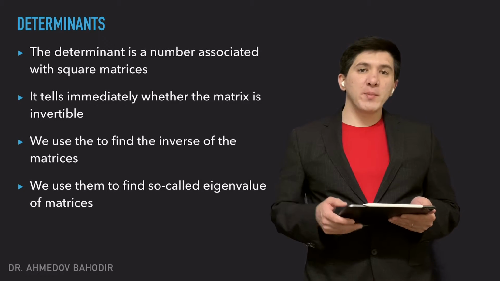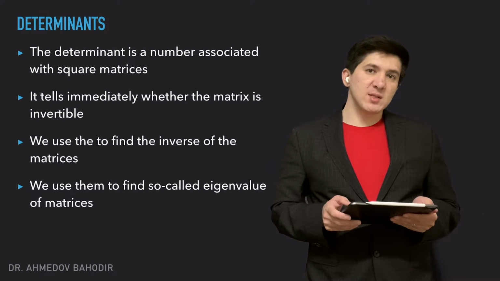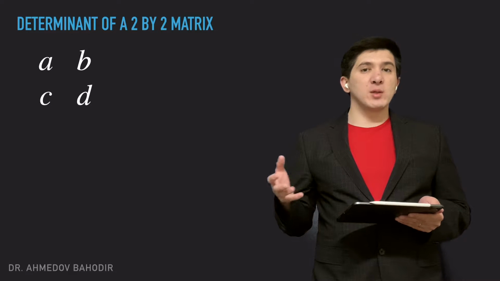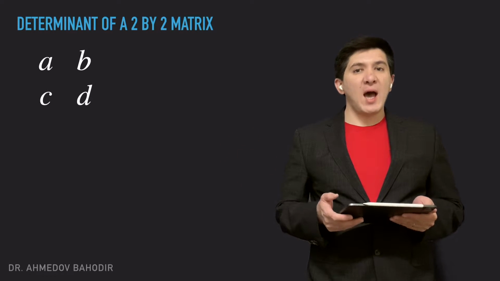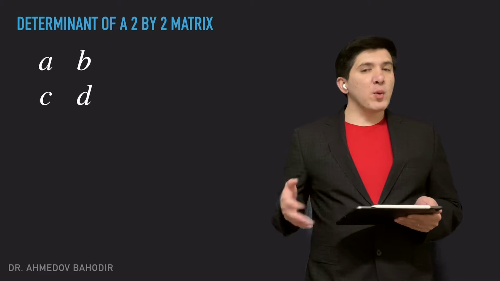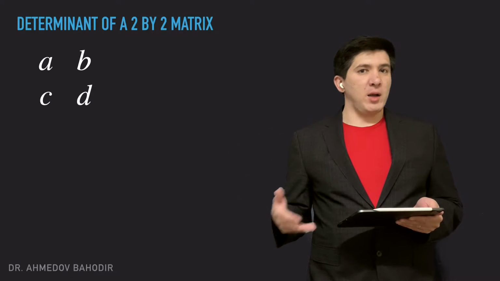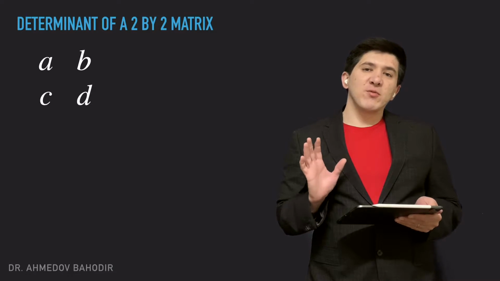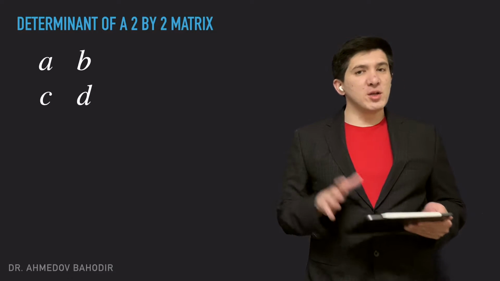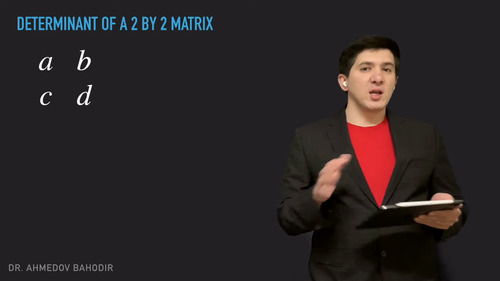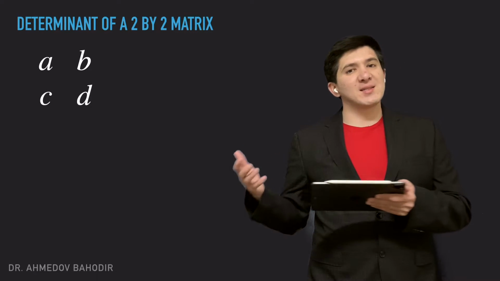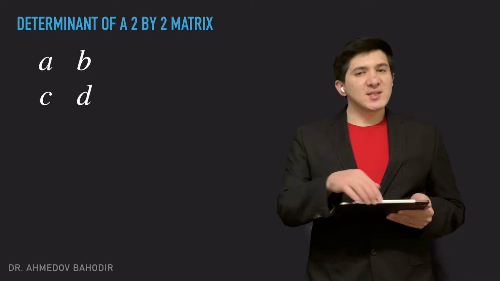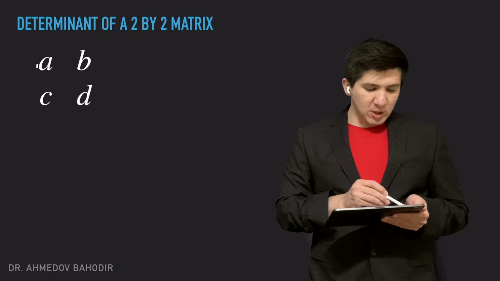So before we talk about the 11 properties of the determinants, I would like to give you a small formula for the 2 by 2 matrix, how to find its determinant. We are going to prove this formula later on using the properties which we're going to discuss. But I would like to give you this formula in the beginning so that we can use it to justify a couple of properties, or I will give you examples of the properties using this formula. So essentially, if you're given a 2 by 2 matrix,